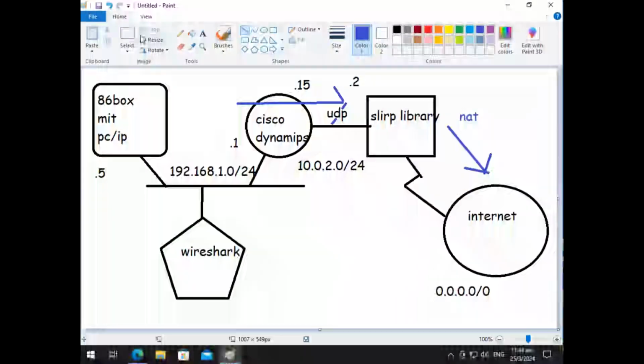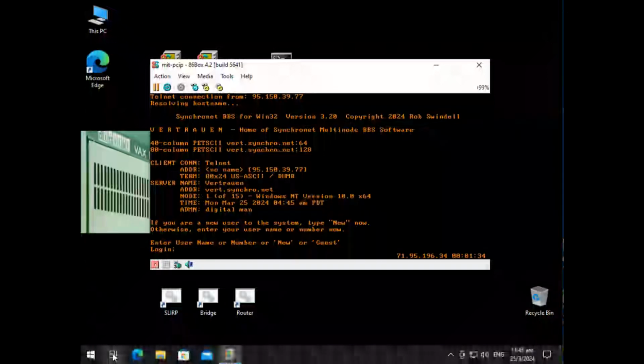So again, going back to our diagram, this is the MIT TCP/IP box using this virtual Ethernet or loopback interface to talk to the Cisco Dynamips router, which NATs its traffic to the SLiRP library, which in turn NATs to the internet. So if you want to see the NAT traffic, so as we guessed,